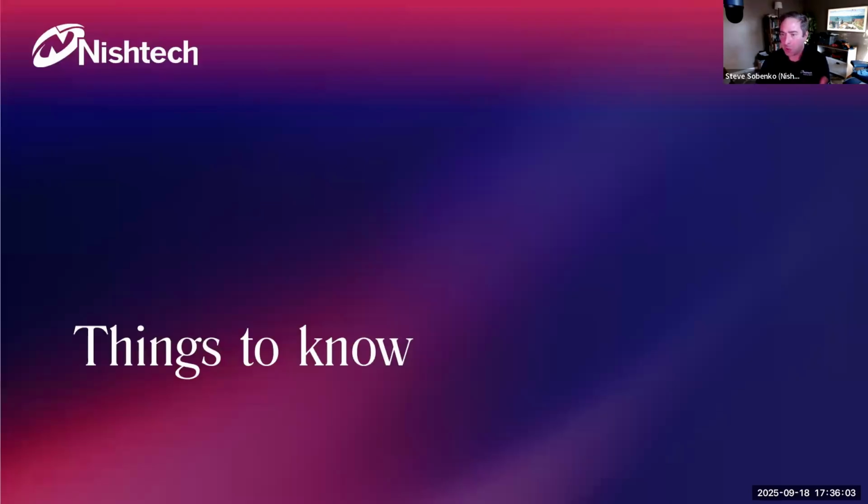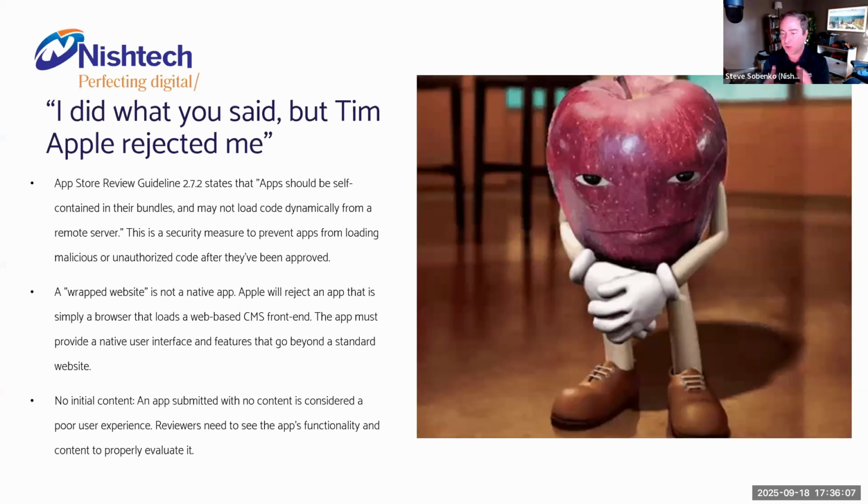Some things to know specifically about iOS. So that was cool, but I don't think it's going to work with Apple. Or because maybe we'll with Android. It's squishy. So your miles may vary here depending on what you're trying to do. If you try to make a CMS for mobile, the way that I did, with XM Cloud as the backend, and the entire experience loads from the presentation details as a white label, you're going to get banned. The iTunes store is going to reject you outright. So you don't do it.